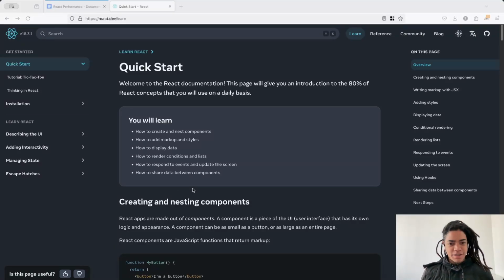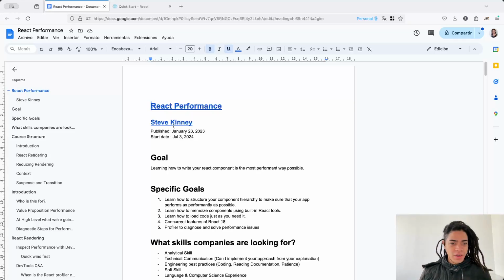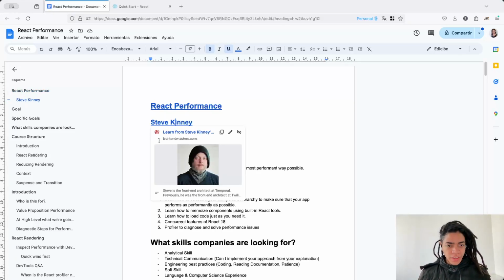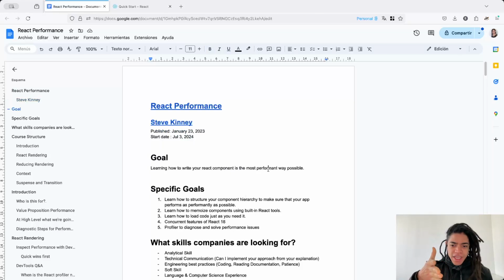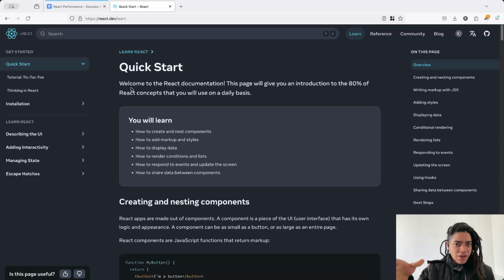Gonzalez again, looking at the React Performance course taught by Steve Kinney, head front-end engineer at Temporal, this open source durable execution platform that you can think of like a business use case for Kubernetes to cover a particular business use case. And the idea of today's video is that before looking at React performance,